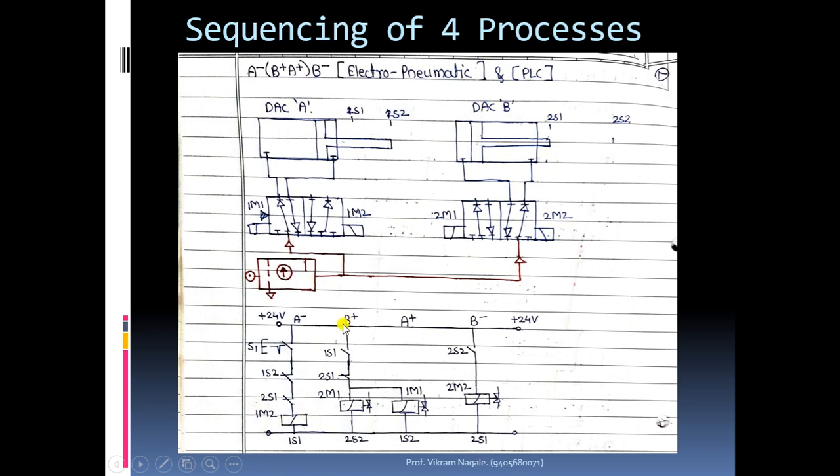Because of this, the coil will get de-energized, and as soon as this coil is getting de-energized, now the supply given to this 1M1 and the pressure applied by it inside that coil 1M1, that will give effect